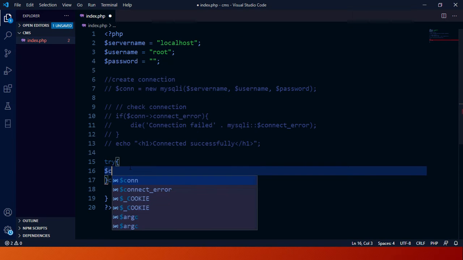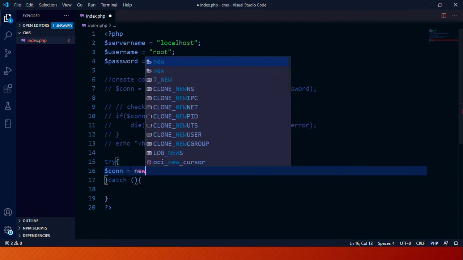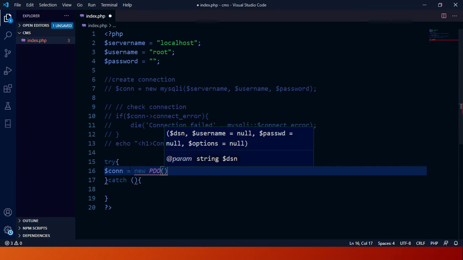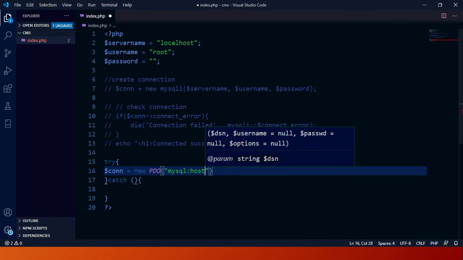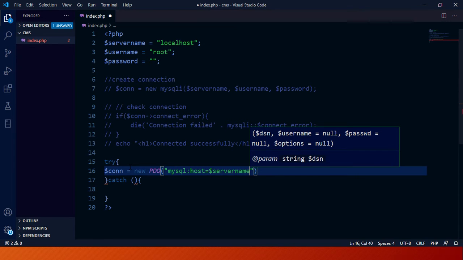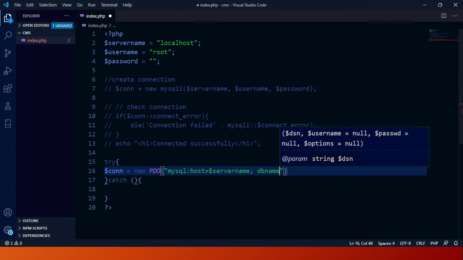My connection variable con is equal to new PDO. This is the format. In double quotes, mysql, host equals, then we'll bring in our host, which is the server name. Then a semicolon, dbname. We didn't introduce that earlier on, but it's necessary. dbname is equal to